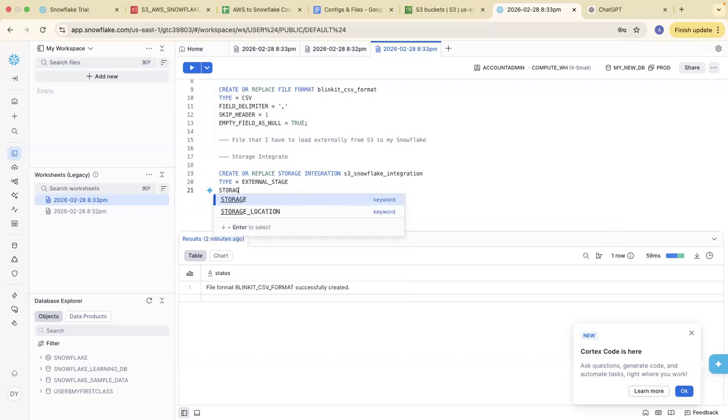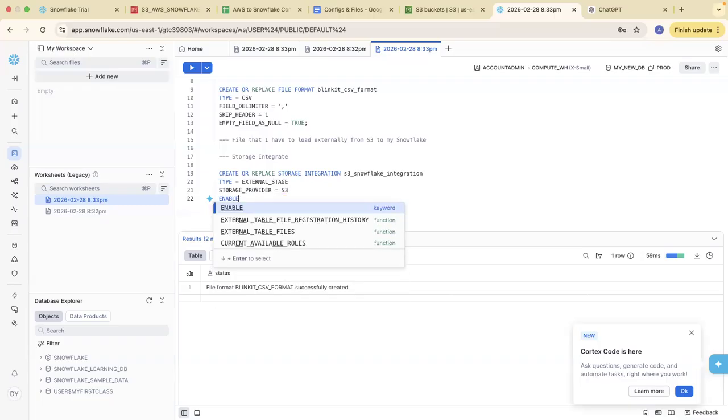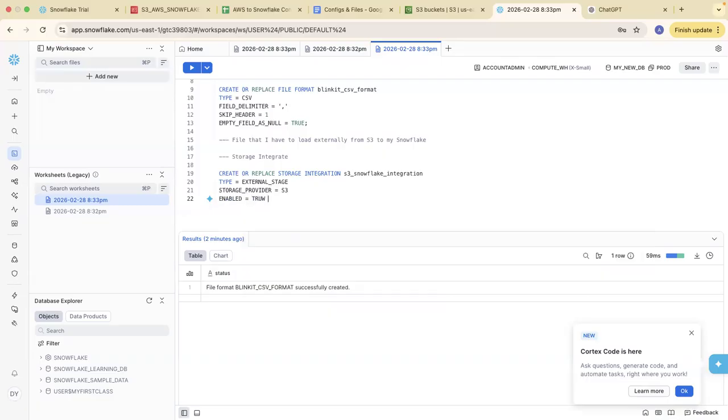Now I have to give the storage provider also. If you are using data from a different storage, you have to give the storage provider. Our storage provider is S3. Now I will give enabled is equal to true, so my integration is enabled.